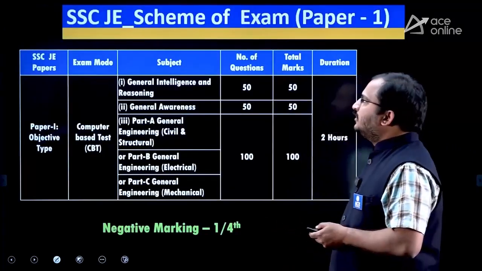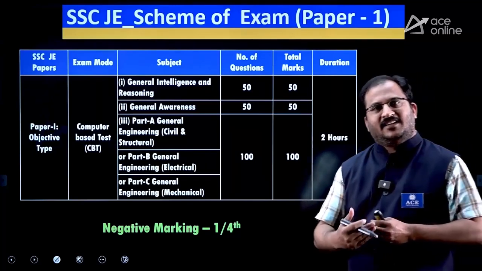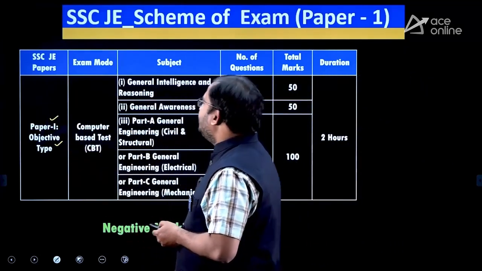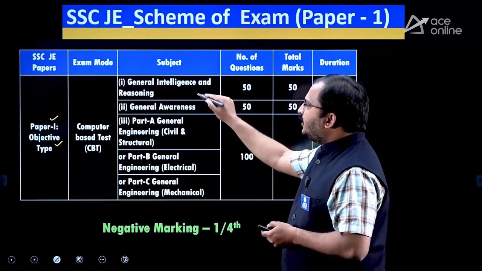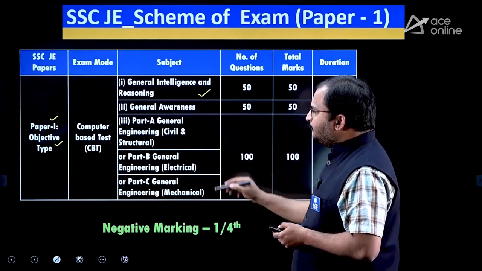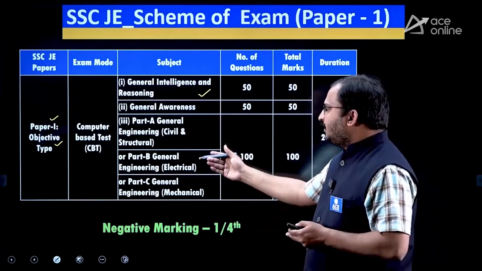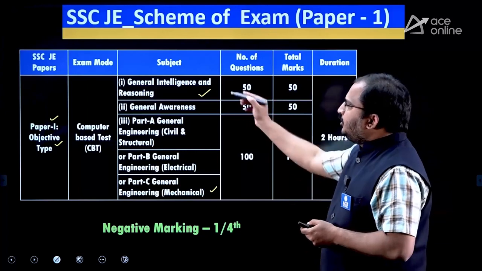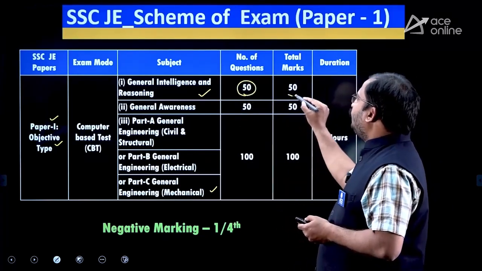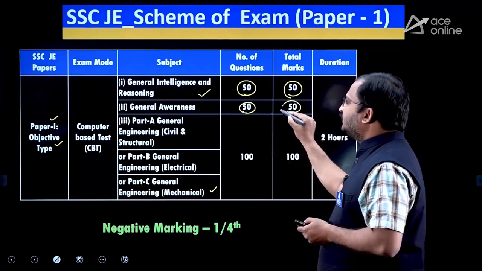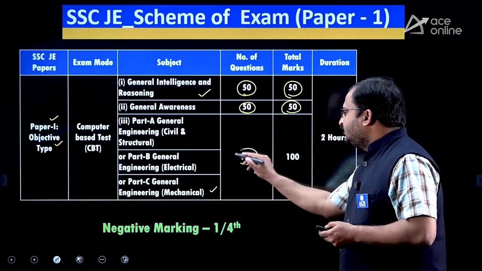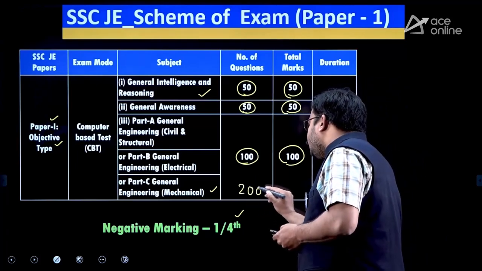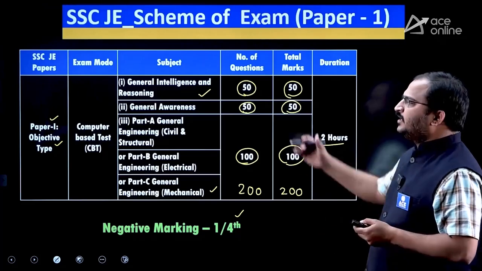Engineer Examination. Now, coming to the pattern of the examination, this examination contains two computer-based tests. The first one, the computer-based test paper 1, is objective type, and here you will have three parts. The first is general intelligence and reasoning, the second is general awareness, and the third is the technical paper; for civil engineering a separate technical paper, for electrical engineering a separate technical paper, and for mechanical engineering students a separate technical paper. Then, general intelligence and reasoning has 50 questions for 50 marks, general awareness 50 questions for 50 marks, and the technical subject paper 100 questions for 100 marks, and there is 1/4 negative marking. A total of 200 questions, 200 marks, and 2 hours duration in this particular paper